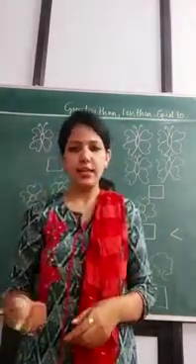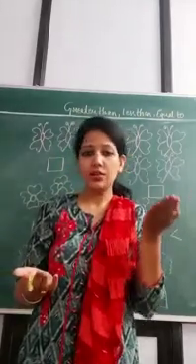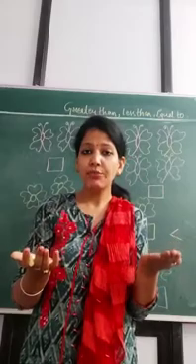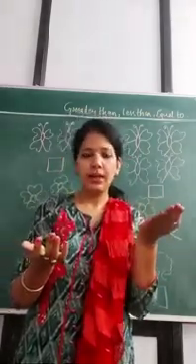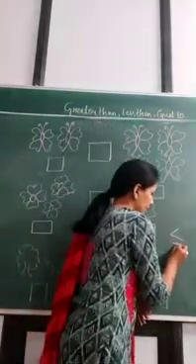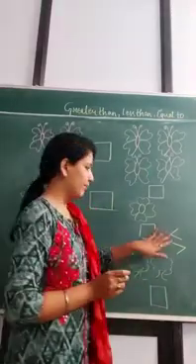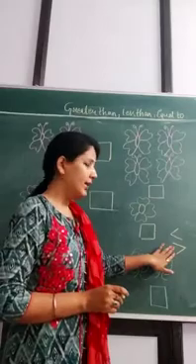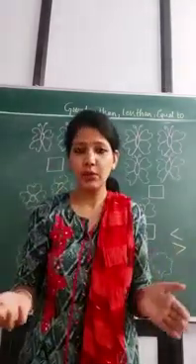Okay, again less than. When we place the objects in two sides, and in one side there is a greater number of objects and in the other side there is less, we have to put the less than sign, like this. This sign represents less number of objects, this sign represents greater number of objects, and this sign represents less number of objects, right?